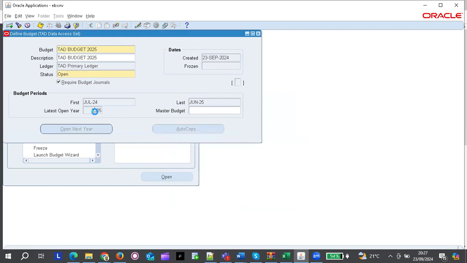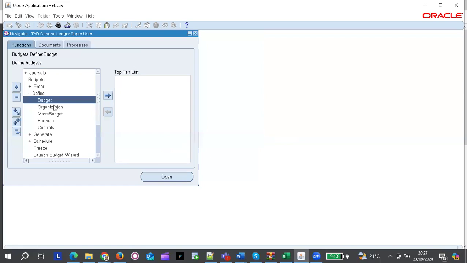You can see it has the latest open year as 2025. So we can now go ahead and define our organization, because for us to use budget, you have to define both and also organization. So once this one is done, you close it and you navigate to organization,